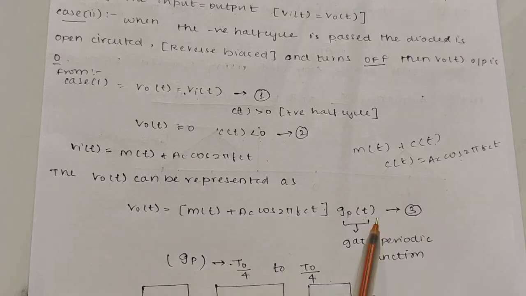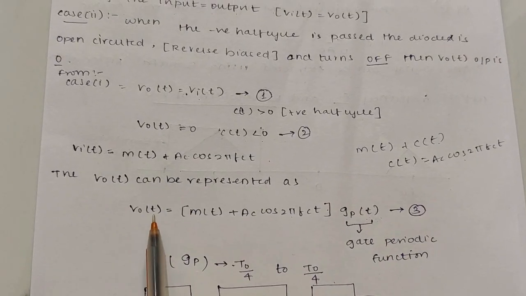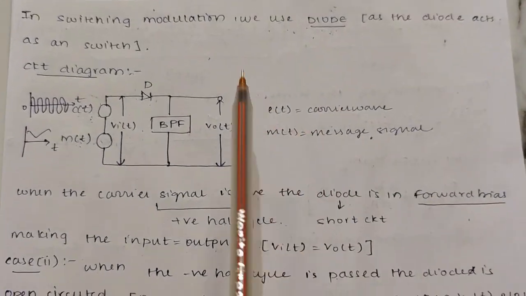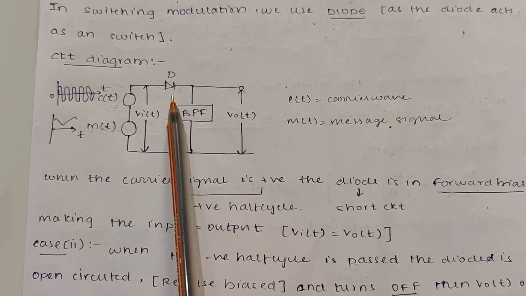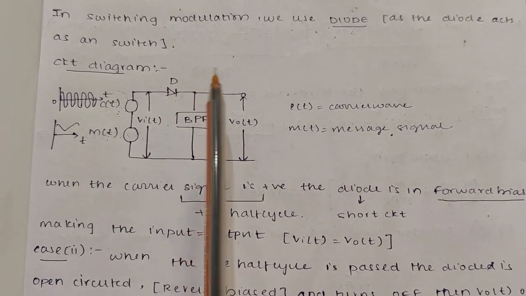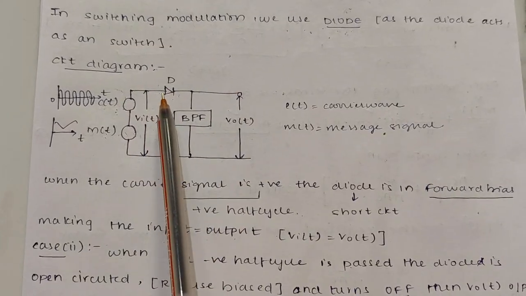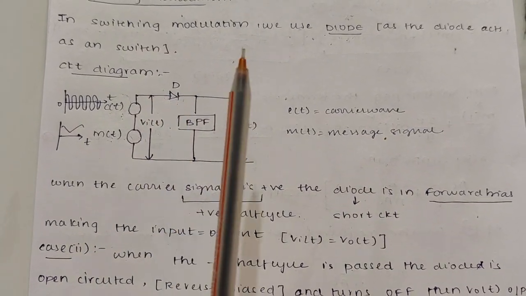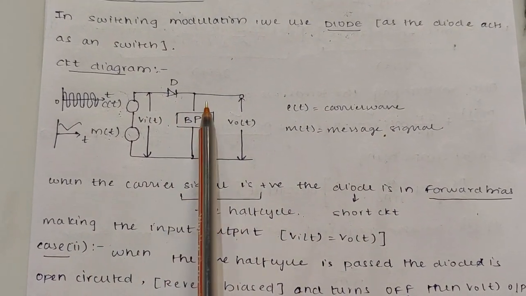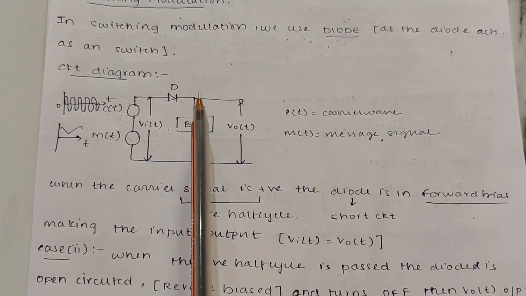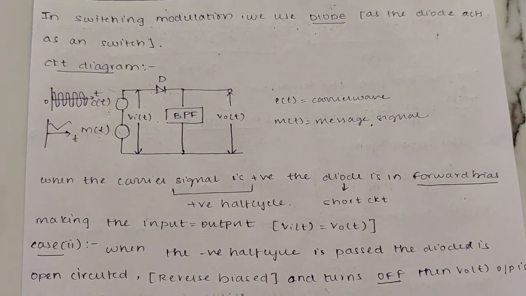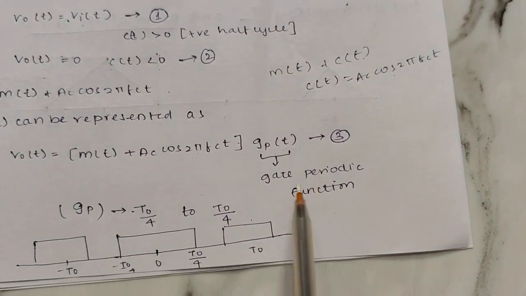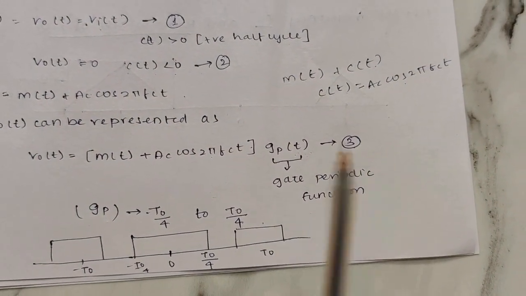Why are we using Gp of t in the output side? Because I told you the diode acts as a switch, and there are two cases which we are considering, that is positive half cycle and negative half cycle. So in the positive half cycle, the diode is in the on condition. In the negative half cycle, the diode is in the off condition. So to calculate both of those conditions, we would be using a gate periodic function which keeps track